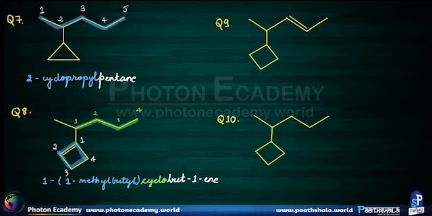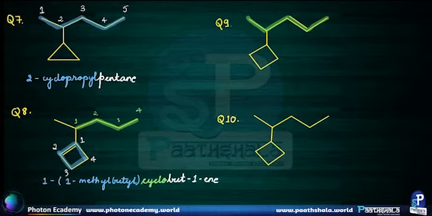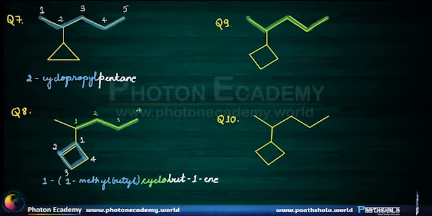Now let's turn to question number 9. In question number 9, the correct main chain is this because the double bond is present over here and it's compulsory to take the double bond in our main chain. So this is the correct main chain according to the rules, and this cyclobutyl will act as a substituent. So let's number our chain, and according to the rules, the double bond should get the lower locant: 1, 2, 3, 4 and 5.